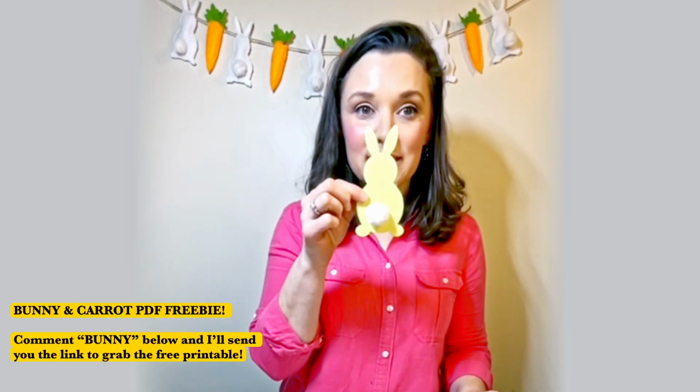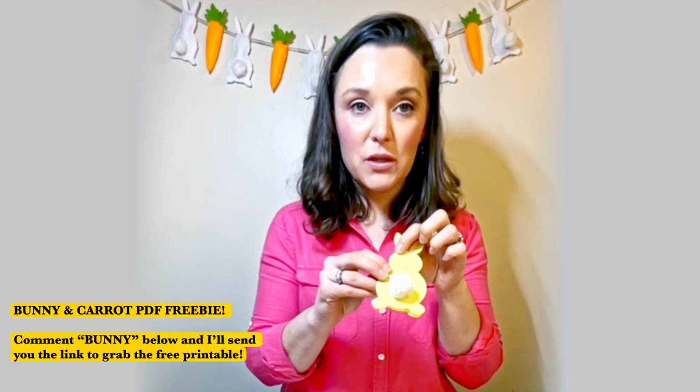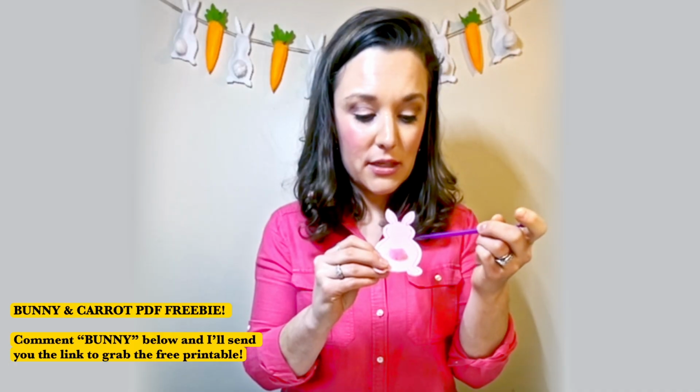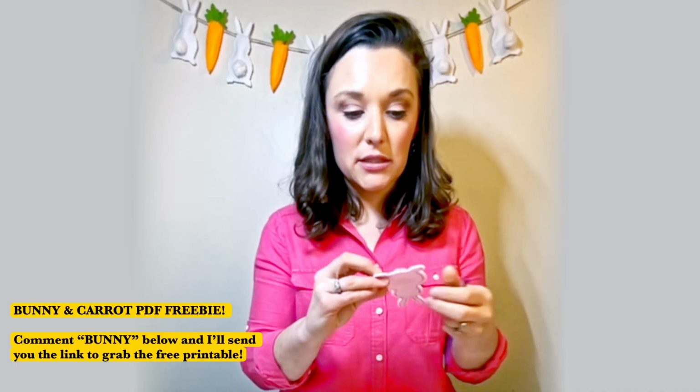Anyhow, once your bunny is completed like this, then you will start to create the bunny just as you did a carrot. So you'll start up at the top, just below the ear, and you're going to stitch around the ears, and I can show you that on this sample right here. You'll stitch around the bunny ears there, back stitching both places, and then you'll stitch all the way around, leaving this gap right here. This gap at the bottom is where you're going to insert the stuffing. So you'll just open it like that and then start